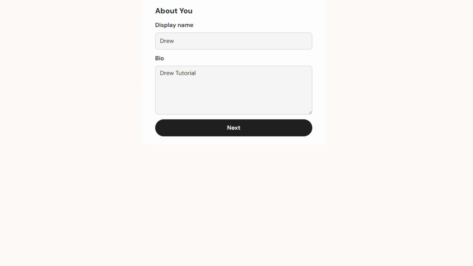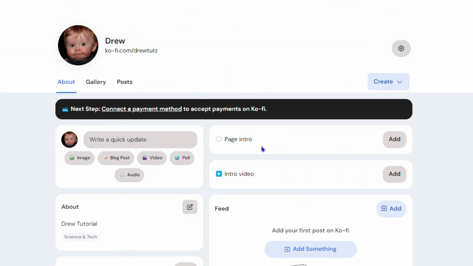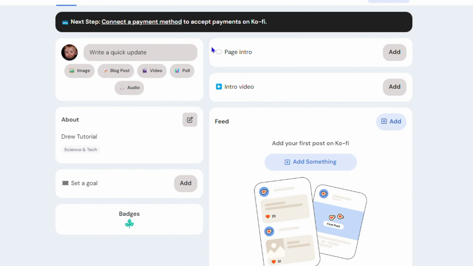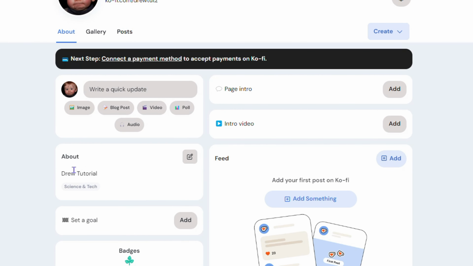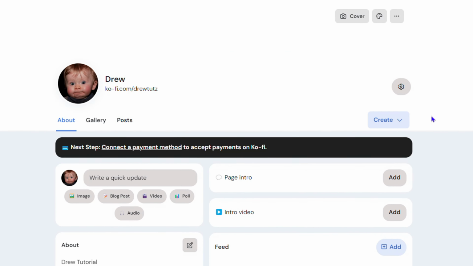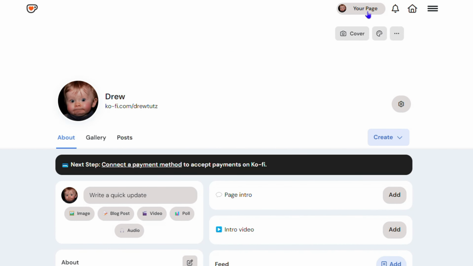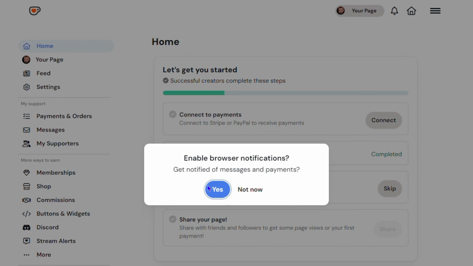Now I'm going to go back to my Kofi profile, and you will see that you have your profile ready. This is what it looks like. I'm going to quickly show you around. So you have your page info, you have your about you here. You can view your profile by clicking the profile on the upper right hand side, and this is what it looks like as well. If you click home, it will take you right into your dashboard,